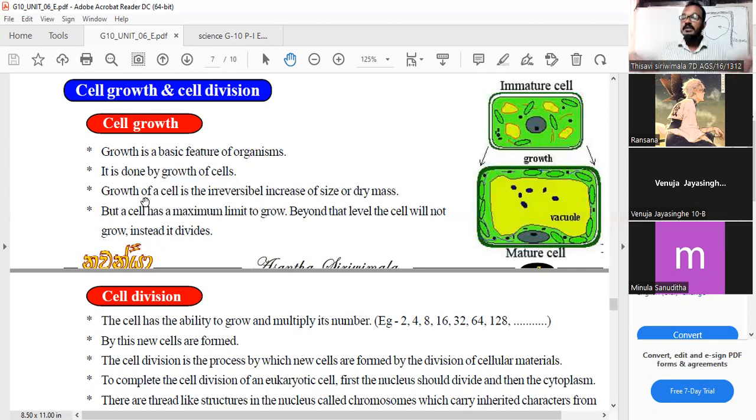Once we grow in size, can we bring back our body to an infant? It is impossible, right? That's the meaning of that. When we think of a single cell, once it grows in size, you can't bring it back to the immature state. But a cell has a maximum limit to grow. Beyond that level, the cell will not grow. Instead, it divides. When the cell has grown to its maximum level, the growth will stop, and after that,